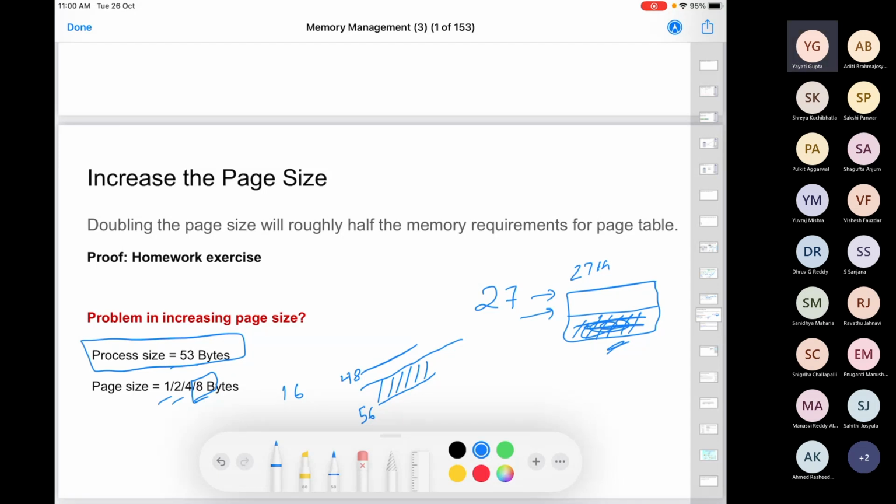So a very simple way of looking at it is, let's say a process is very small, just 2 kilobytes, right? So a very small process. If your page size is 2 kilobytes, it's well and good. This process will have only 1 page. If your page size is 4 kilobytes, anyhow, you'll have to have 1 page, right? So those 2 kilobytes will be wasted. With a 4 kilobyte page, this particular process is using only 2 kilobytes. 2 kilobytes are again empty. If you have an 8 kilobyte page, you will be wasting 6 kilobytes of space. So as you keep increasing your page size, the amount of internal fragmentation increases, right? And more and more memory gets wasted.